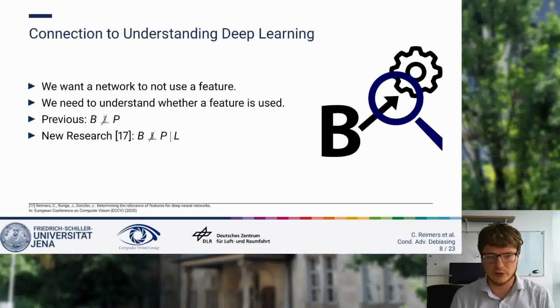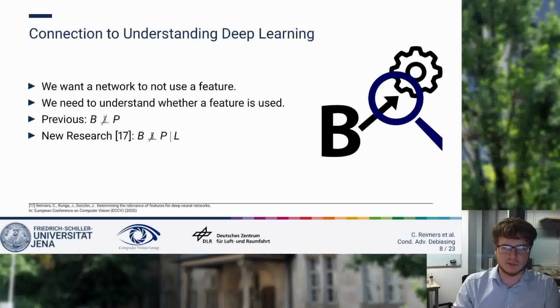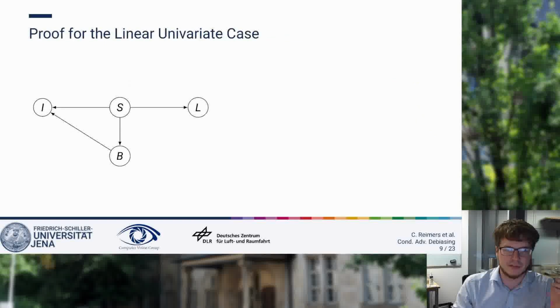This was actually shown by a paper in Understanding Deep Learning, and they proposed to use the conditional dependence on the label instead, and that is what we do. The second piece of motivation is a proof for a simple case. However, I don't think it's the best idea to go through the equations in this talk, so I'll just give you the more informal idea of why